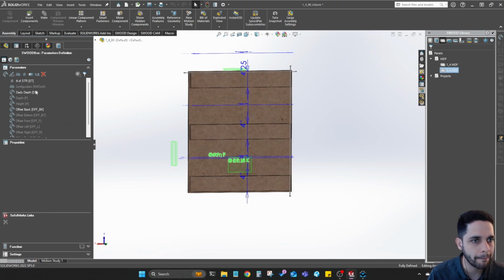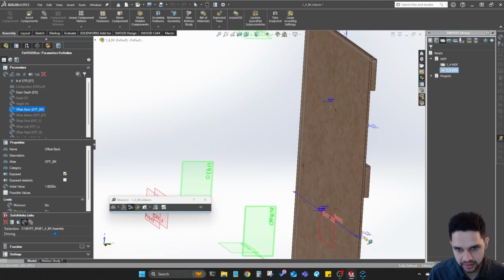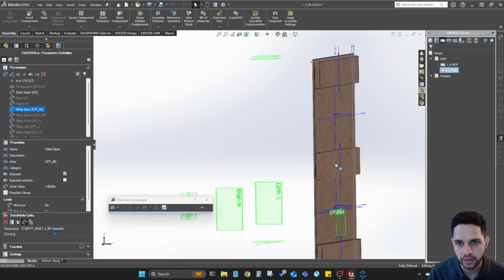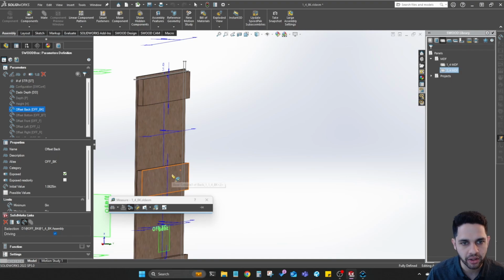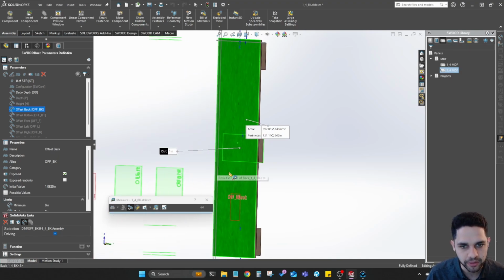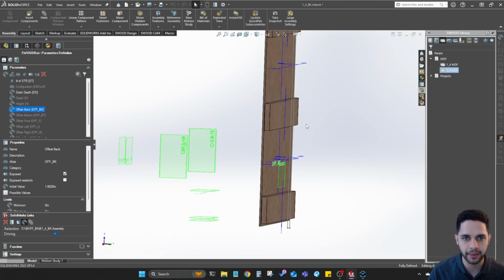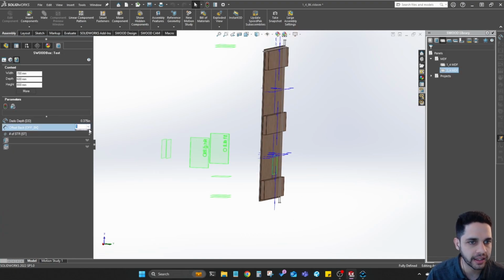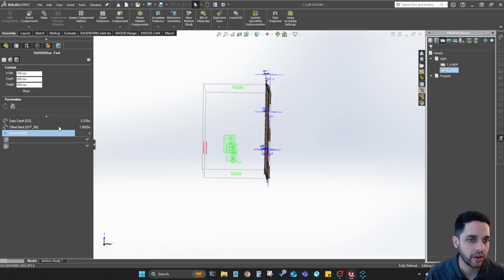And I also do want to make sure that I have that offset on the back set to 1.0625 because yes, this overall buildup of back plus stretcher should equal 1 inch, but I want to have a little bit of wiggle room. So just in case things aren't exactly perfect, when I build my cabinet, I have a little bit of wiggle room so the stretcher isn't overhanging the back of my cabinet. So I made that 1/16 as opposed to 1 inch. And yeah, let's go ahead and test out our